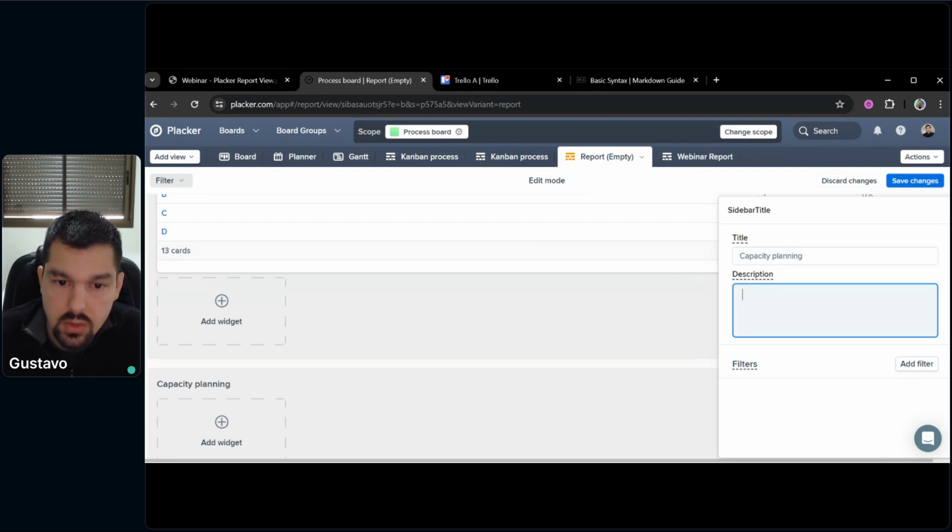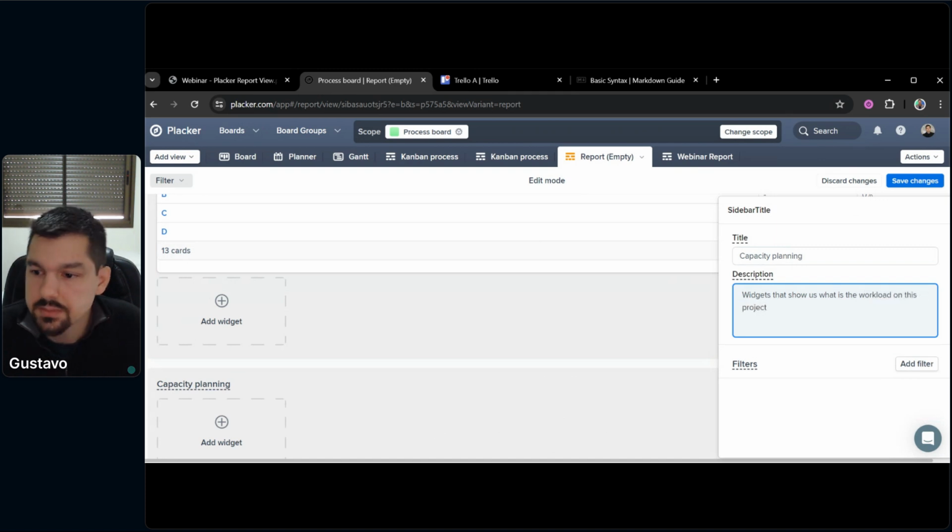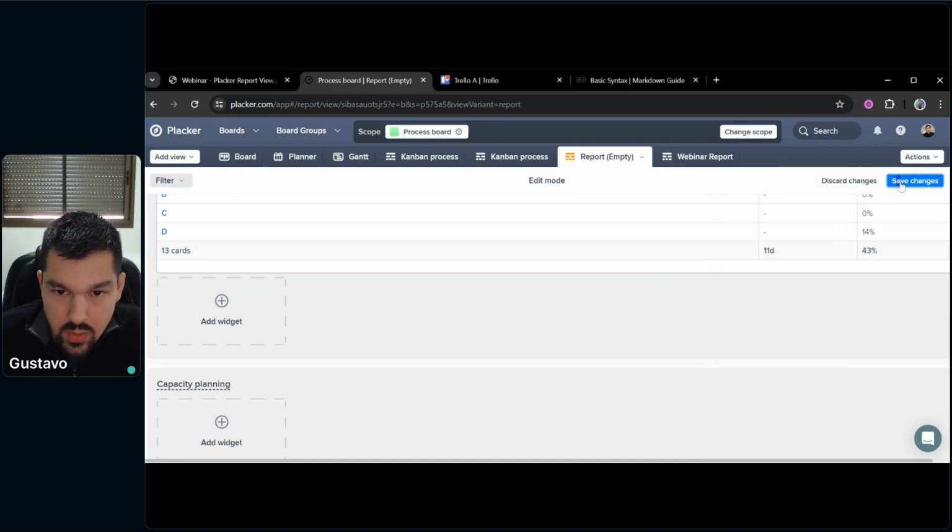And here we are going to add all the widgets related to that. So we can add a description widget that shows us what the workload on this project is. The good thing about adding a description is that when you save it